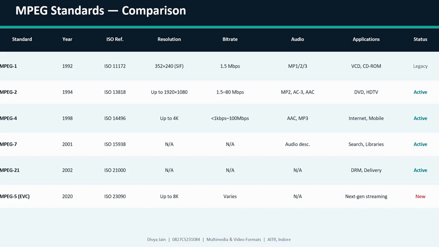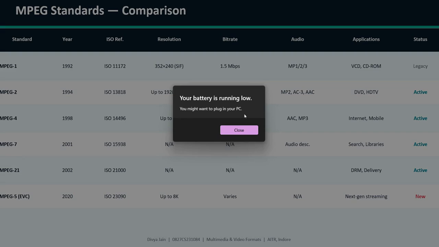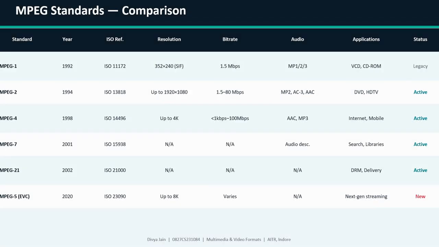MPEG standards comparison. Looking at this table across all major standards, MPEG-1 from 1992 supports only 352 times 240 at 1.5 megabits per second. Legacy today but foundational. MPEG-2 from 1994 reaches 1920 times 1080 at up to 80 megabits per second, still active in broadcasting.